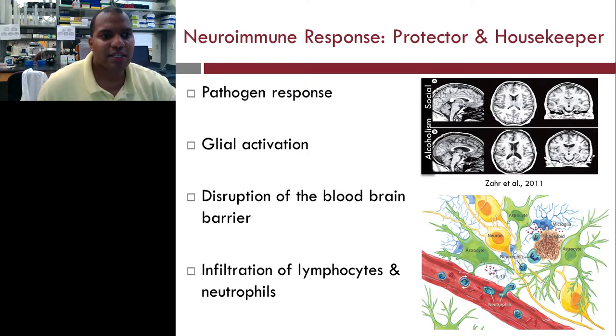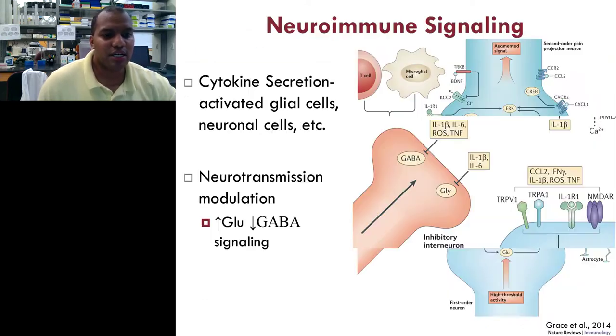But as I got into the neuroimmune system and really got interested in what was going on, I started learning more and more about this field called psychoneuroimmunology. And so in psychoneuroimmunology, the interest is more about how the immune system affects behavior or how it affects neurotransmission. And so this particular diagram on the right is from a paper on pain.